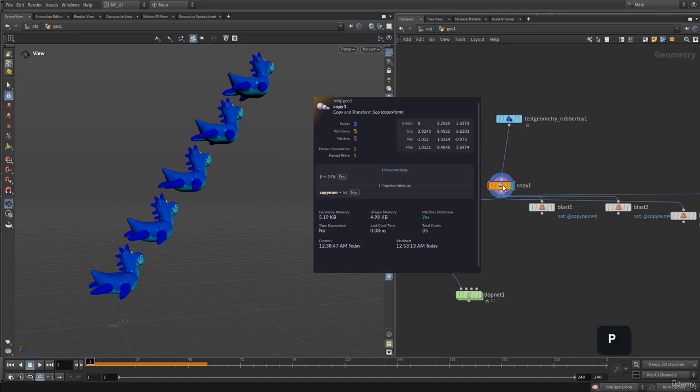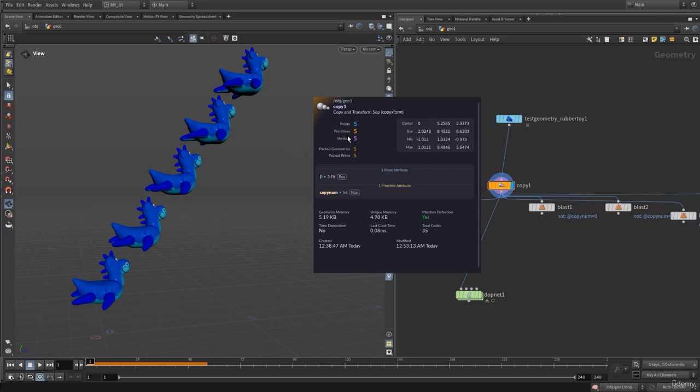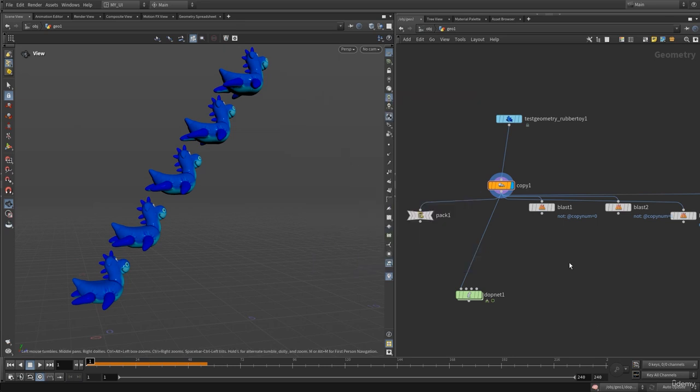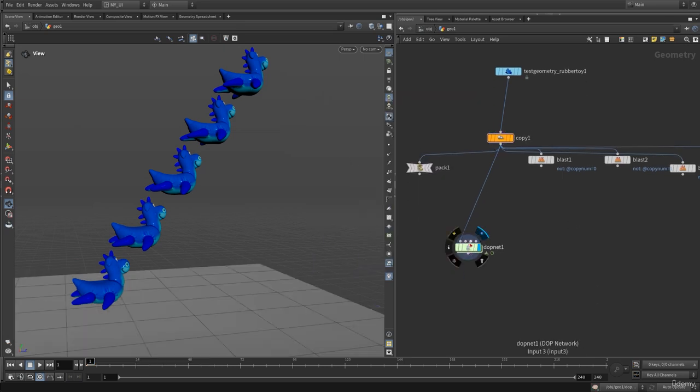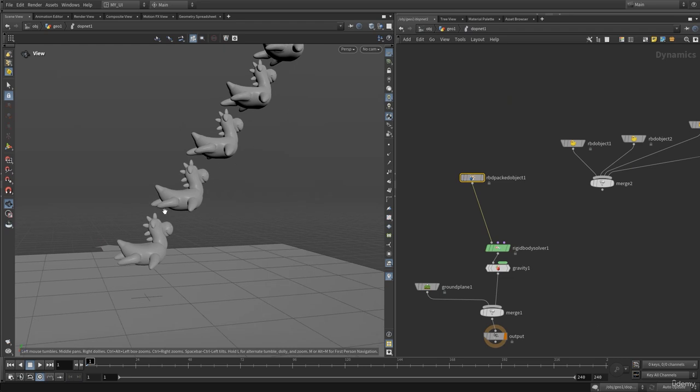And now if I were to middle mouse button, as you can see we are creating 5 primitives. We are working with 5 copies, and now the solver should work fine because it knows that there are 5 separate pieces of geometry, because we have 5 separate packed primitives. And now if we go into the DOP network, it will create a convex hull for all of these objects separately,